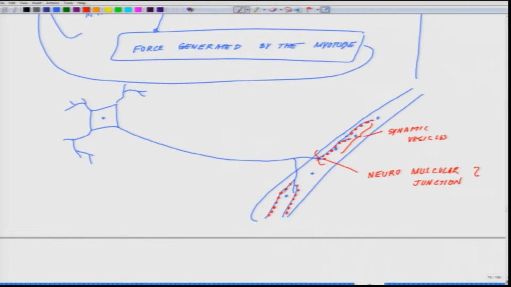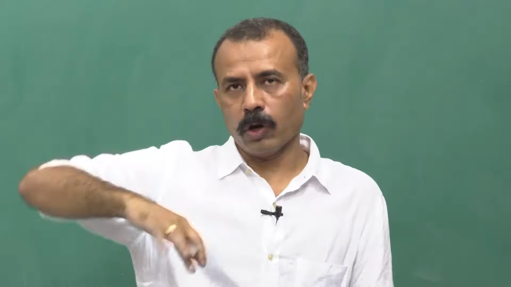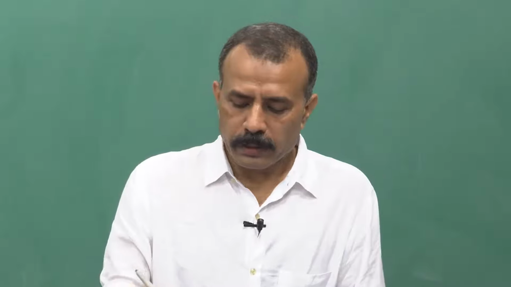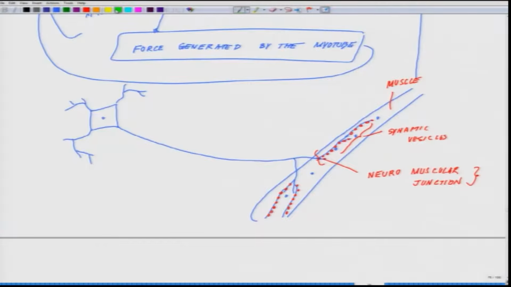The significance of the neuromuscular junction lies in the fact that it decides how much this muscle will contract. If the muscle is not a spontaneously contracting muscle, which most of our muscles, the skeletal muscles, are not, then it is the neurotransmitter secreted at this zone that decides the force